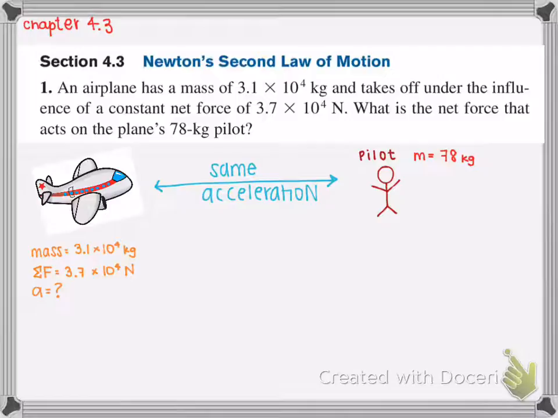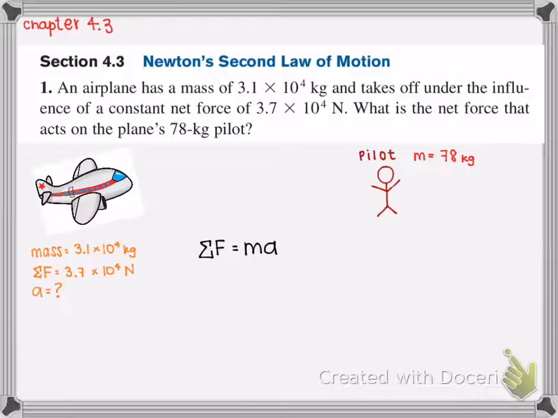So we begin solving this problem by using the net force formula. Since we know the mass and we know the net force of the plane, we can solve for the acceleration. If we know the acceleration, we also know the acceleration of the pilot. So we begin by plugging in the numbers into the formula, and we get 1.19 meters per second squared as